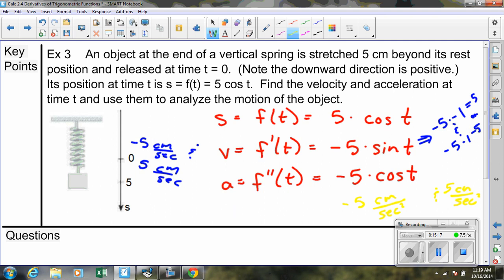which is telling us that it's oscillating backwards and forwards between slowing down and speeding up. If we have a positive acceleration, like a +3, a +5, a +1, it's telling us the speed of the object is increasing. If we have a negative acceleration, it's telling us that the velocity is slowing down, which again should make sense,